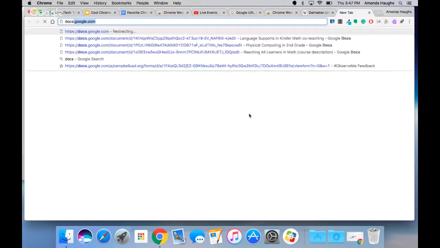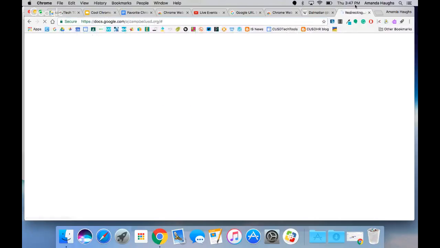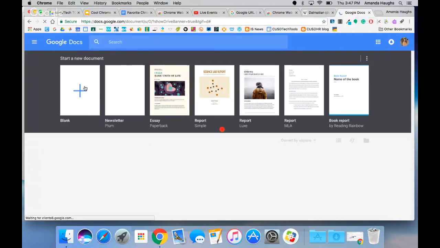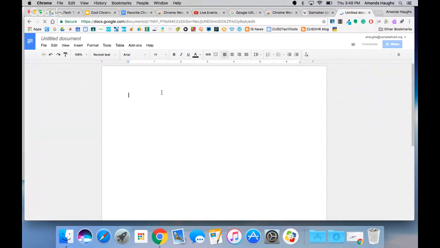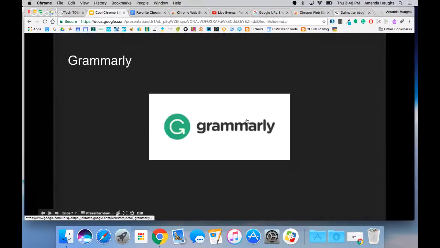So I could just go to docs.google.com and open a blank document. And Grammarly should, at the bottom of my screen, be correcting me while I'm typing. Nope, another bad example. Sorry, guys. I'm not going to spend too much time on that, but if you try Grammarly, you'll notice if you're on